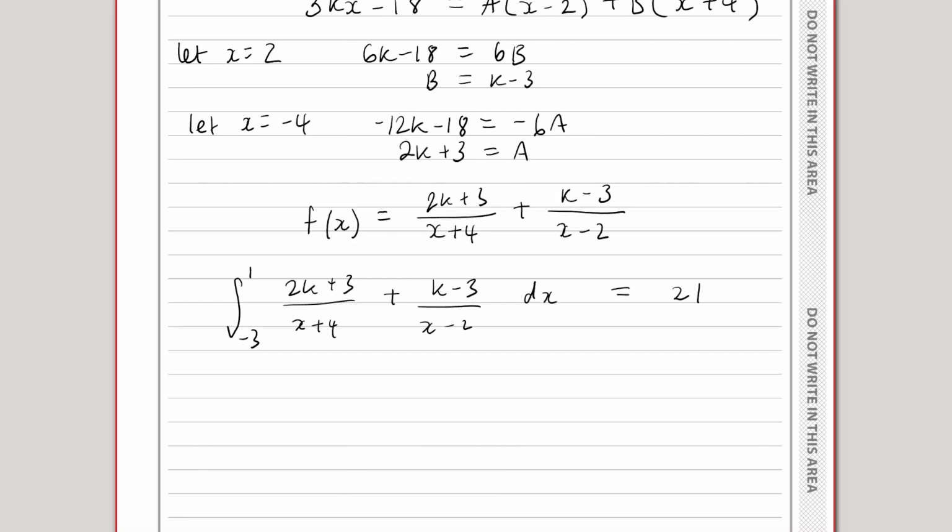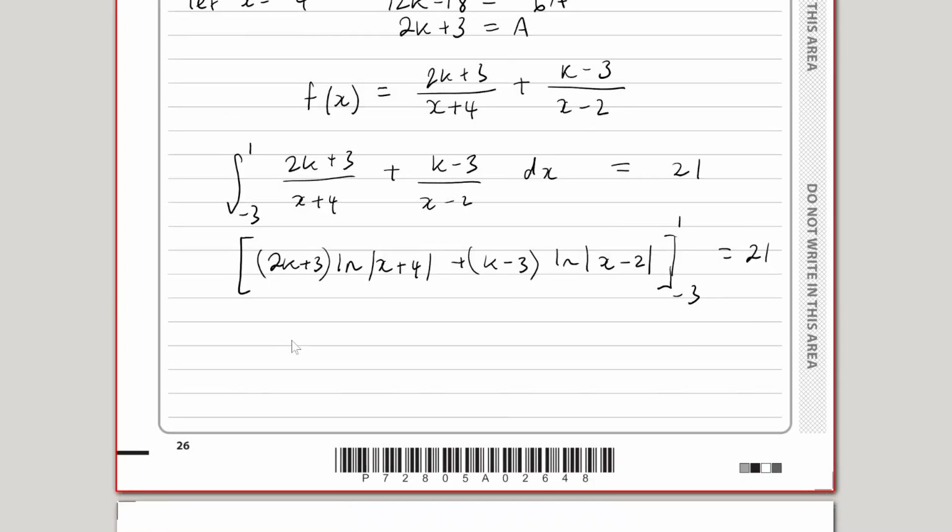So it's going to be (2k plus 3), which is just a number, log (x plus 4), plus (k minus 3) log (x minus 2), between 1 and negative 3 equals 21. So let's just substitute in 1 and negative 3. So we've got (2k plus 3) times log 5 plus (k minus 3) log (1 minus 2), so negative 1, log 1,